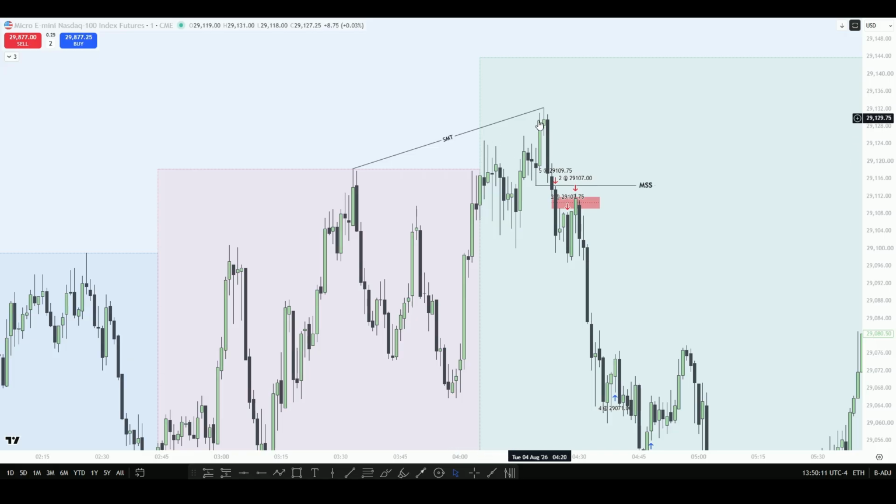Price goes up aggressively with displacement, with speed. Okay, there is a BC being left here, prints a high and then drops once again with speed. These are very important details to pay attention to. It drops with speed,